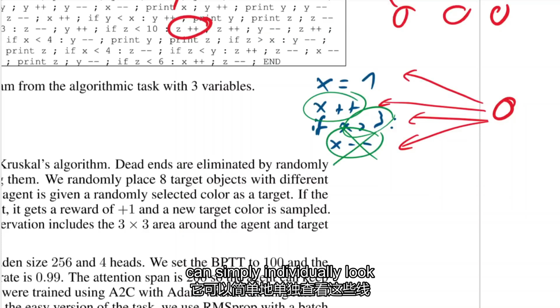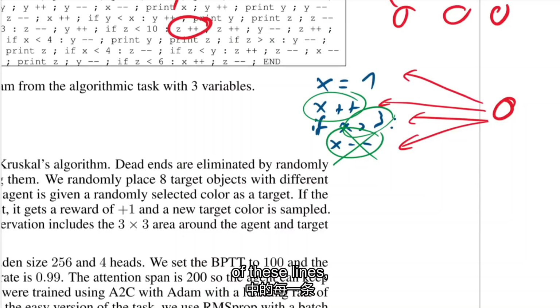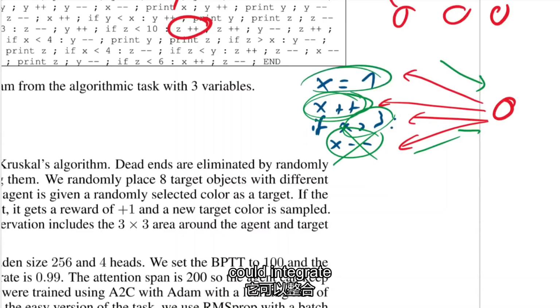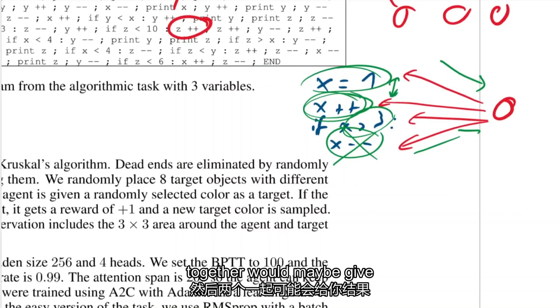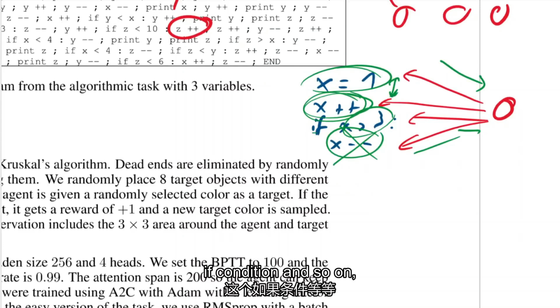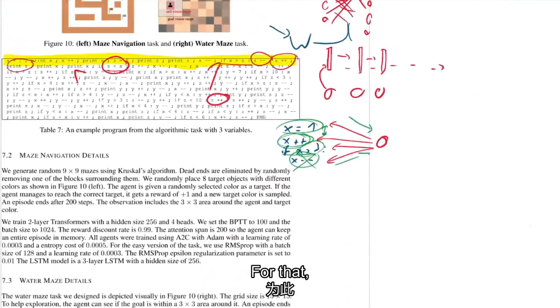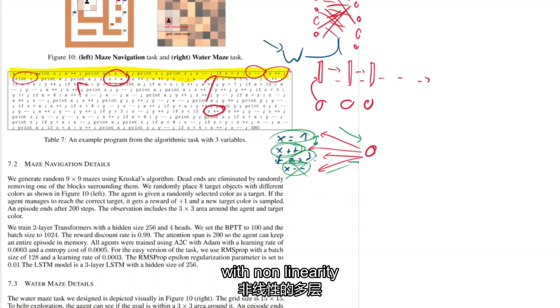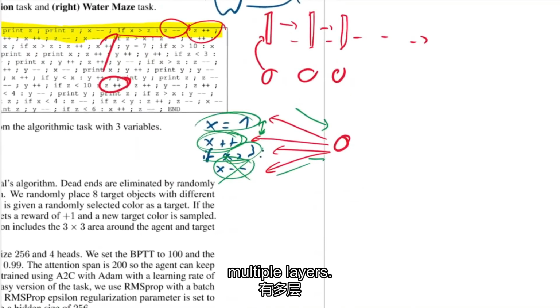It can simply individually look at each of these lines and then somehow integrate them in a linear fashion. So it could integrate the plus plus as simply saying, whatever x is, I need one more. And then it could integrate this, saying, well, x is 1, and the two together would maybe give you the result that x is 2. But this if condition and so on, it cannot do that in one layer. For that, you need multiple layers with non-linearities. So by having multiple layers,